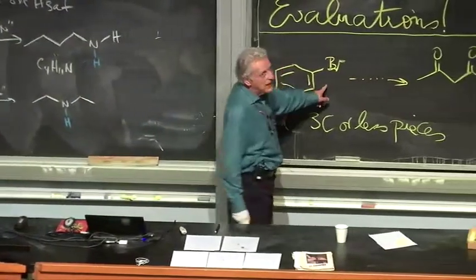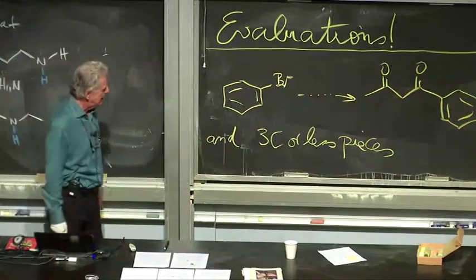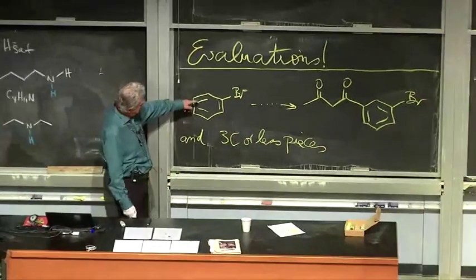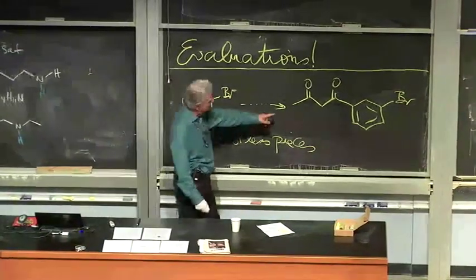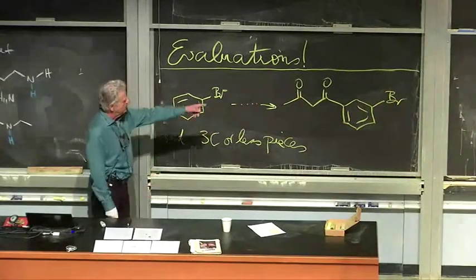The second thing we'd like to do today, before we start continuing with Chapter 23, is work a little problem that builds upon stuff that we did last week, both electrophilic aromatic substitution chemistry as well as the Claisen condensation. It's a synthetic problem where I'd like you to start with this material and turn it into that using small carbon pieces, 3 carbons or less, to concoct what's on the right.